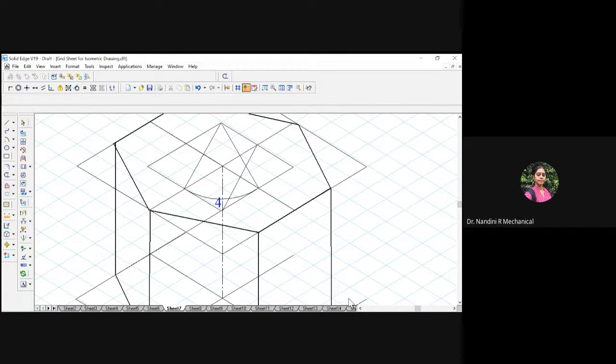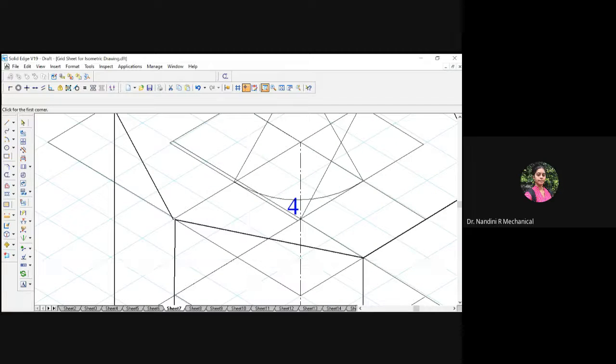I'm just reconstructing it. Okay, so this line, zoom a little bit and you can delete the extra line.